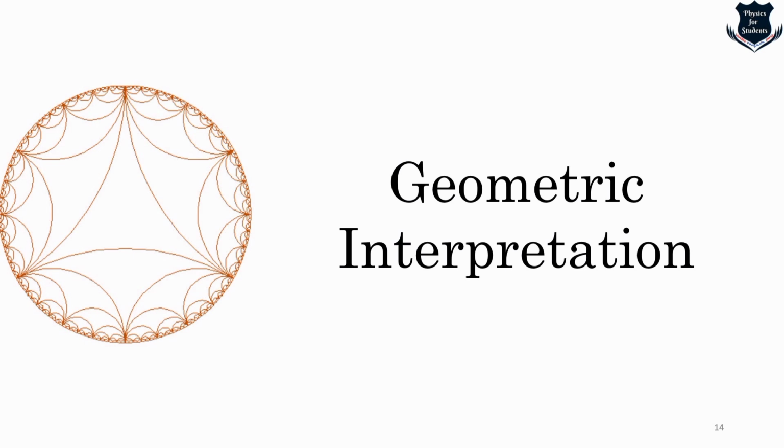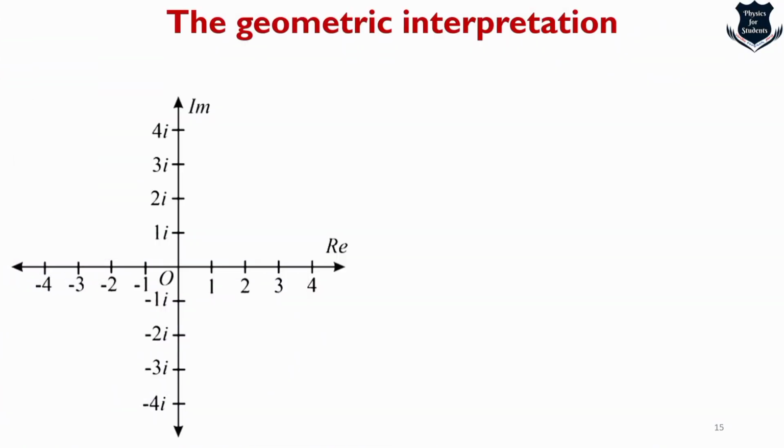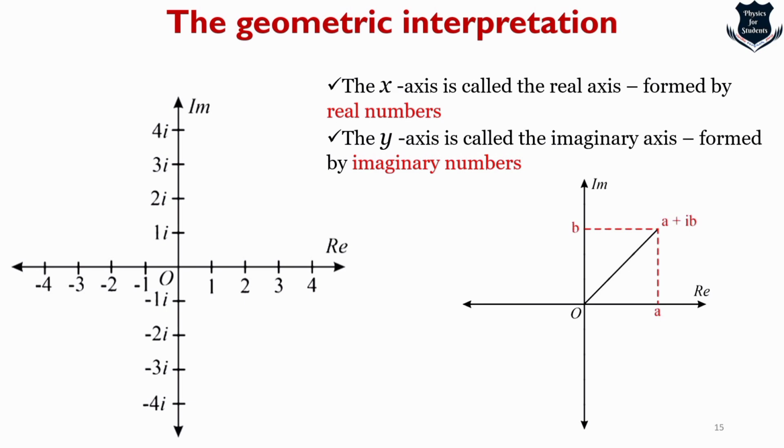Now we come to something which is called the geometric interpretation. That means we will see geometrically all those things that we have learned, and it helps us to visualize in a much better way. Okay, so this is the figure, a graph which I have given with the real and the imaginary part. When a complex number a plus ib is plotted on an Argand plane, we call the x-axis the real axis, formed by real numbers, and the y-axis is considered the imaginary axis, formed by imaginary numbers, and this is how it forms a plus ib. We will expand on this, don't worry.